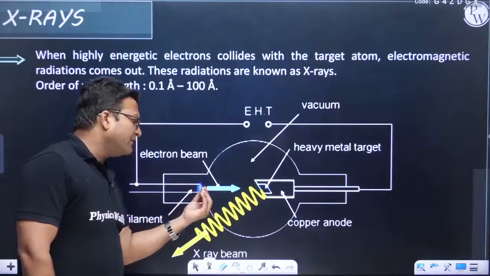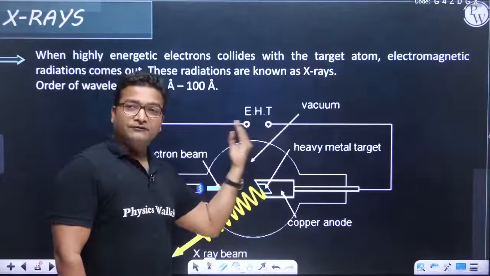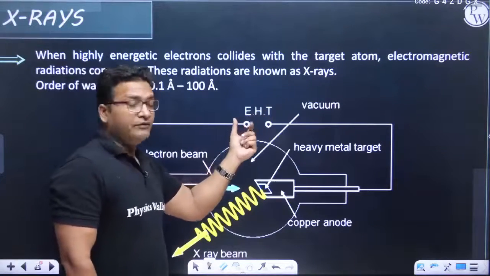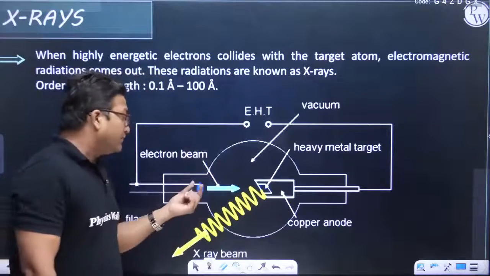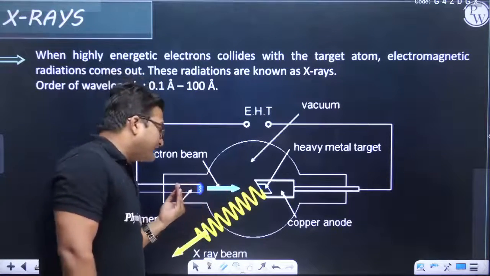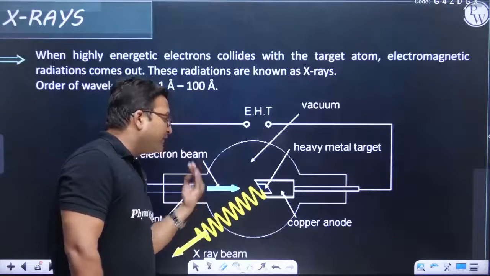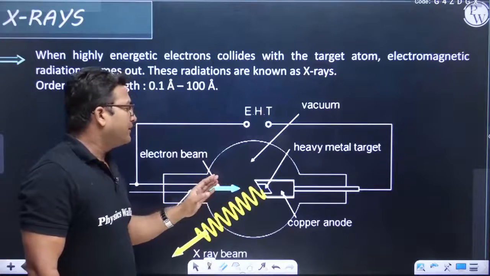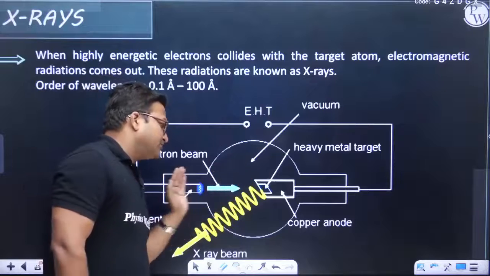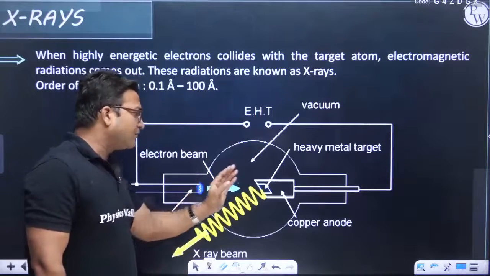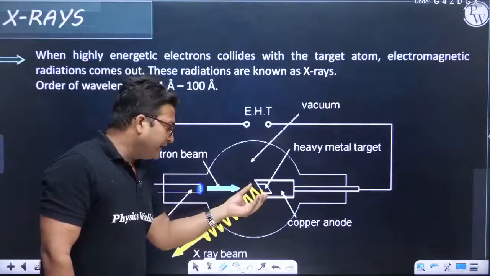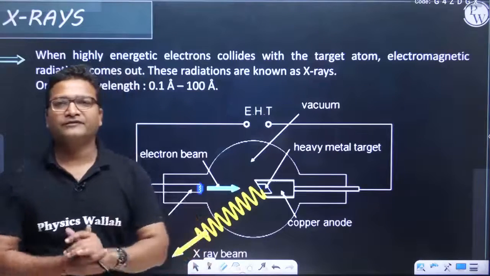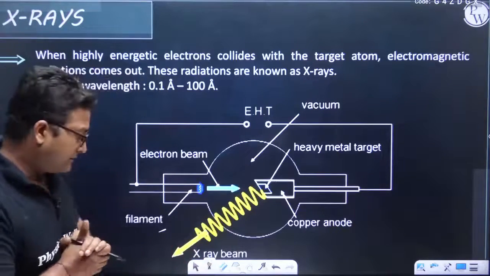When electrons are emitted, they are accelerated by this potential difference. And as this is extra high tension voltage, we apply a very high voltage here. So electrons are emitted, and they accelerate when they travel from here to this point. We established a vacuum because the vacuum offers free passage to the electrons, and when these electrons strike this target atom, radiations are emitted, and these radiations include X-rays. So that is the process. The X-rays are being generated.